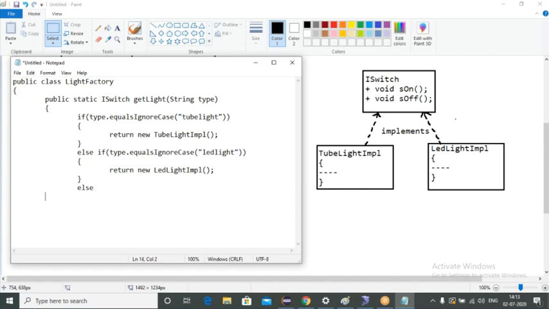Now, the same way, next I'll be taking else, system dot out dot println, and I'll be using no light found.